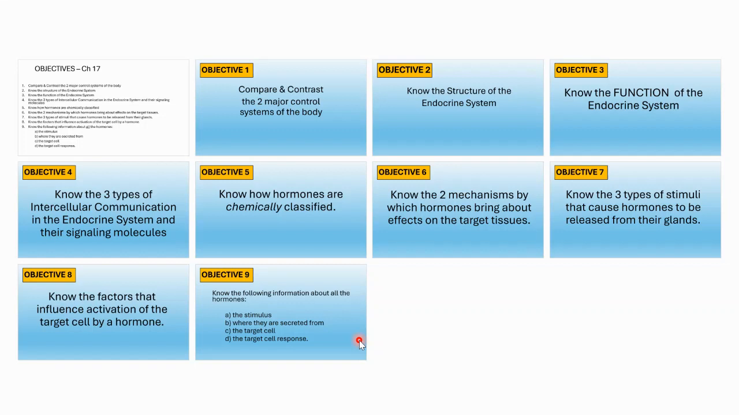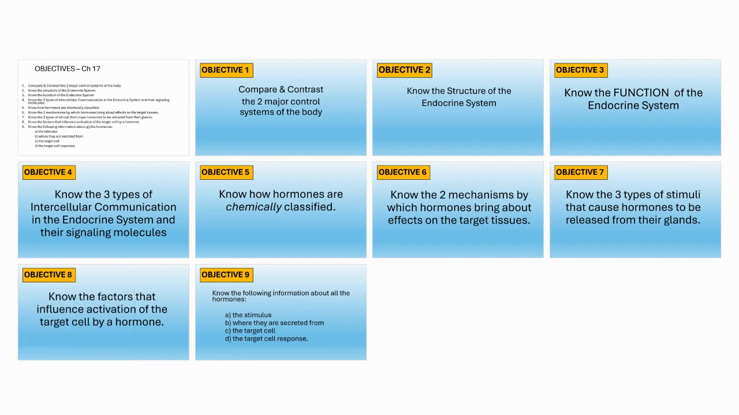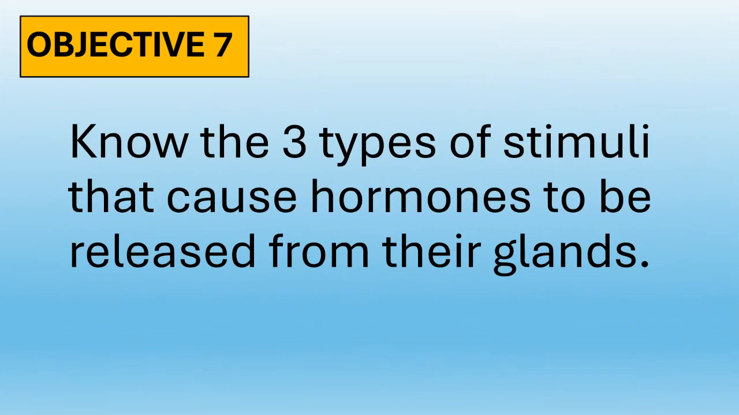Hello, this is going to be over Chapter 17, the endocrine system, Objective 7. Objective 7 is going to be talking about the three types of stimuli that cause hormones to be released from